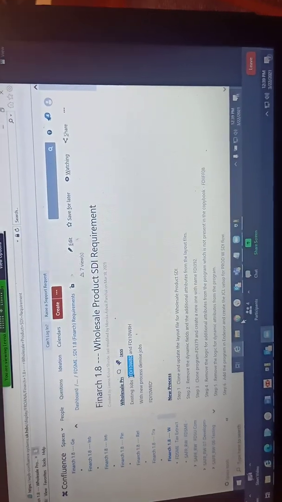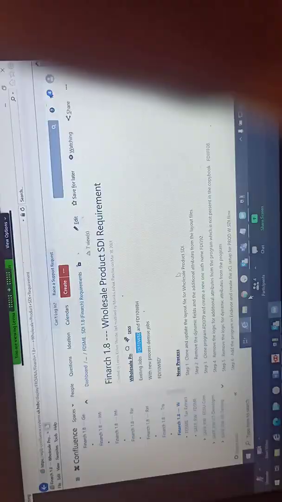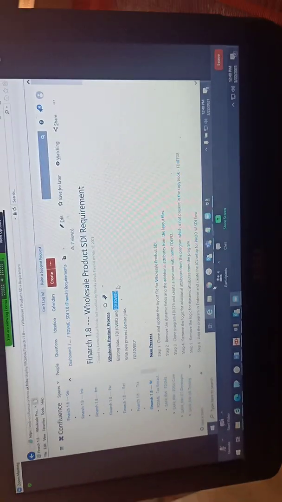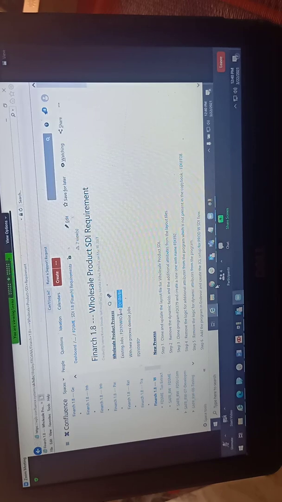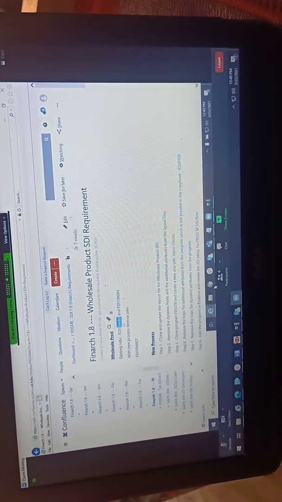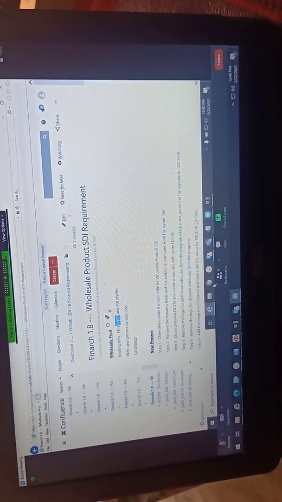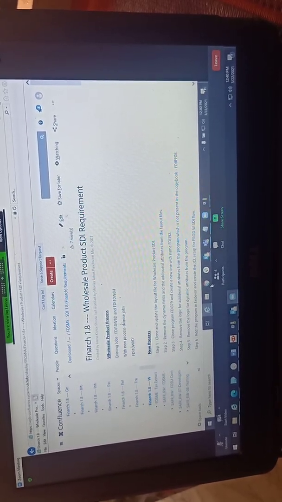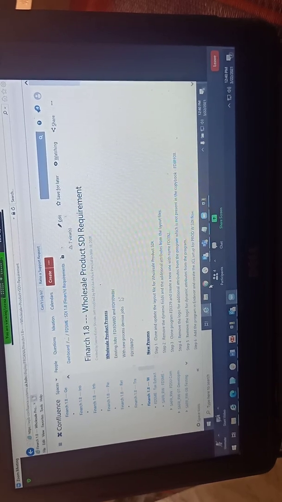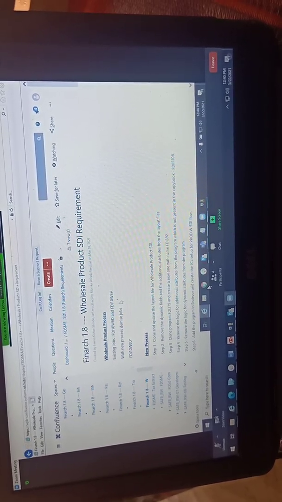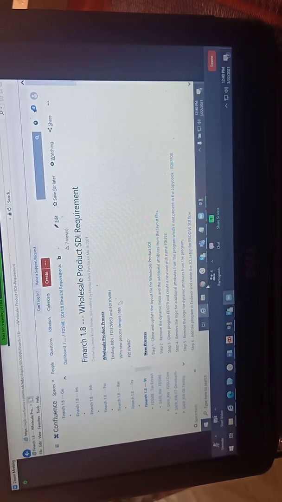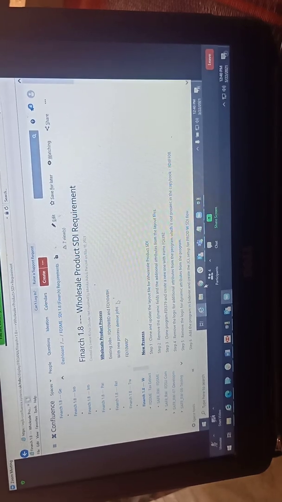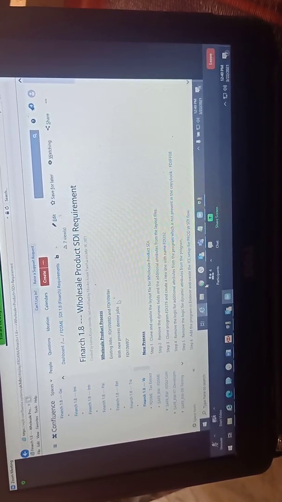Then this 8H job is the reformatting job, which is an existing job. From 8D we get 16 threads of the wholesale product SDI. What 8H does is it combines those 16 threads in the first step. Then in the subsequent steps, it reformats that combined file and creates the final SDI which needs to be sent to GBM or the further server. So 8H will remain the same.